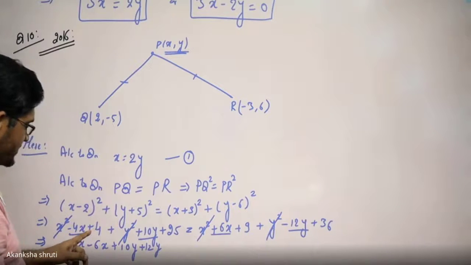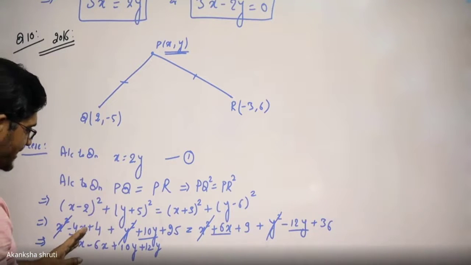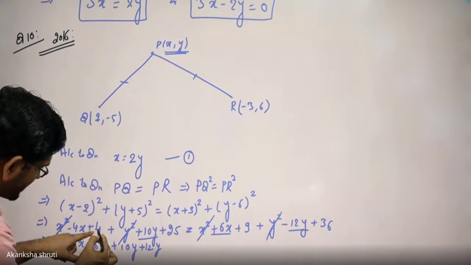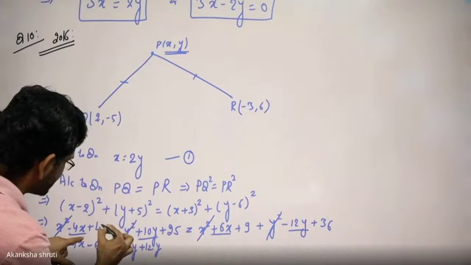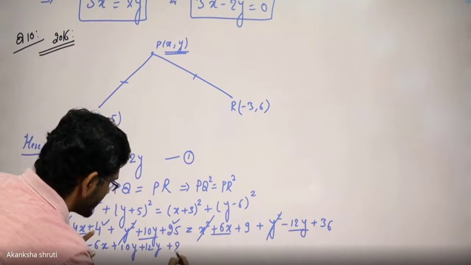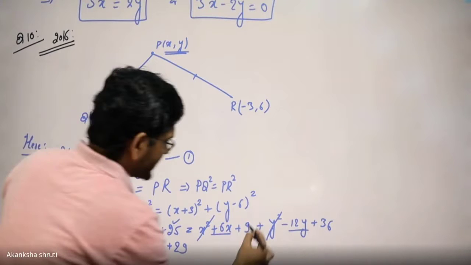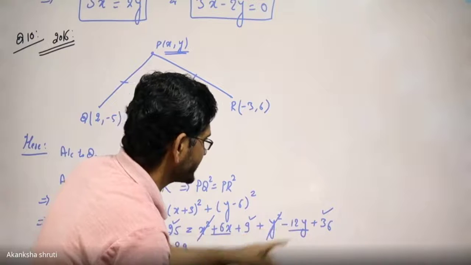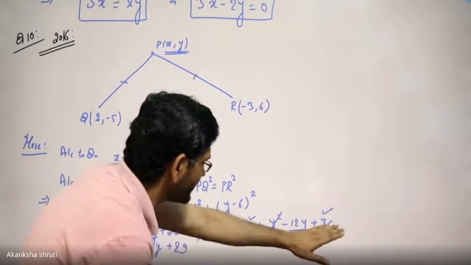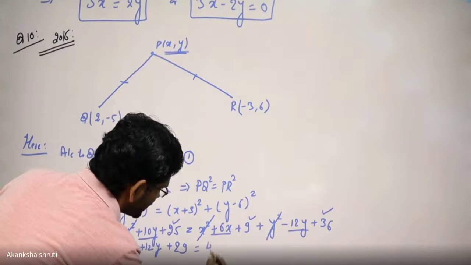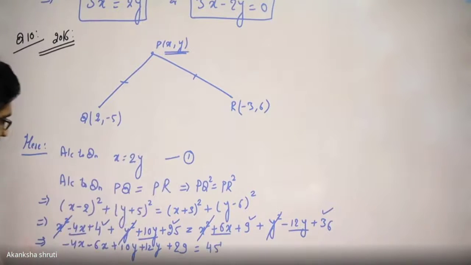Then the constant may also be kept on the left hand side or sent to the right hand side. Students, it is 4 plus 25, both are on the left hand side. We may directly write it as 29. On the right hand side we have this 9 and 36. Both are positive. They will get added to give 45. The 45 may be brought to the left hand side, or we may write it on the right hand side as 45. Students, let us further simplify this.